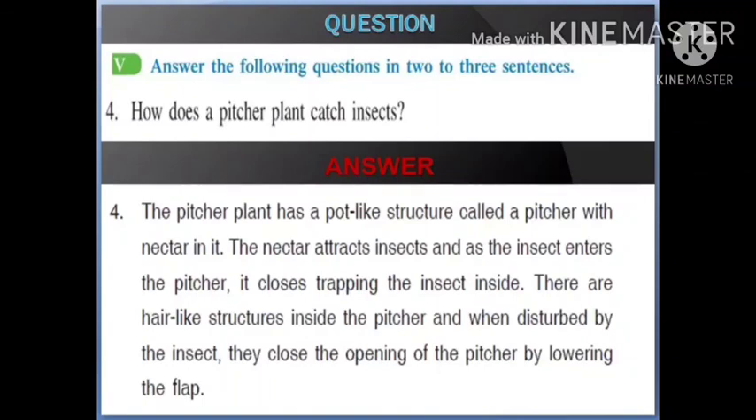Do you remember the pitcher plant? The pitcher plant has a pot-like structure, and inside that nectar is present. The nectar attracts the insect. As the insect enters the pitcher, it disturbs the hair-like structures inside, and the pitcher closes its lid. As it closes its lid, the insect is trapped inside the pitcher. Then the pitcher plant sucks the nutrients from the